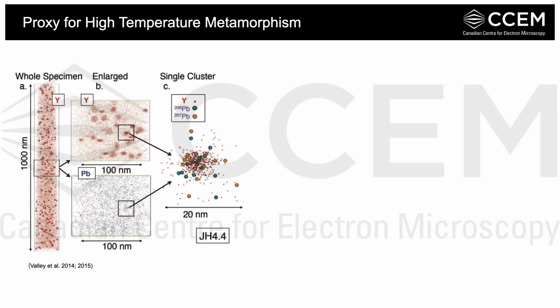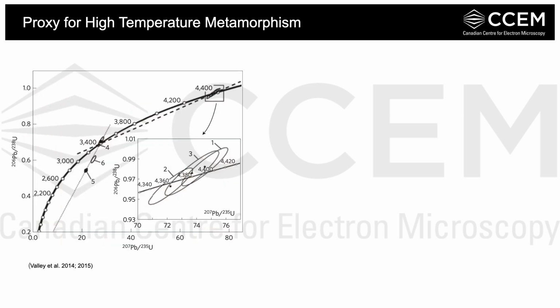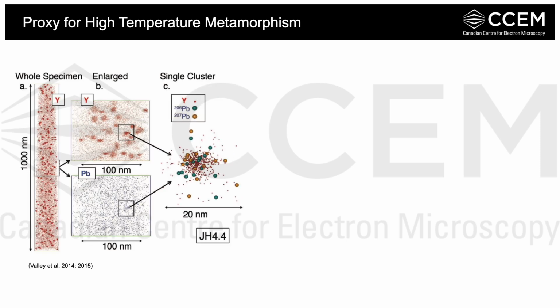And since we can distinguish different isotopes with the Atom Probe, what they found was that they could measure the 207 lead versus the 206 lead incorporated in the clusters. And this ratio could actually be used to constrain the timing of a younger disturbance at 3.4 Ga. So looking at this plot, the ratio of lead is actually the slope between these two ages, so 4.4 and 3.4. And this segregation of lead and other elements that are incompatible to the zircon lattice have been reported in a number of metamorphically heated grains.